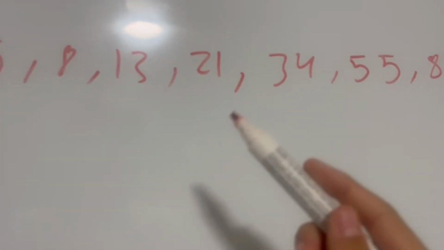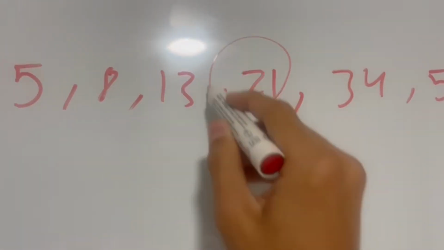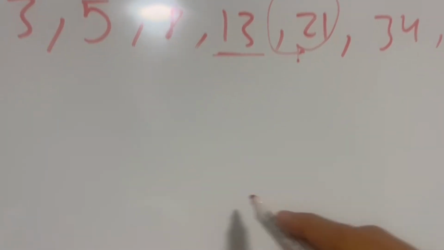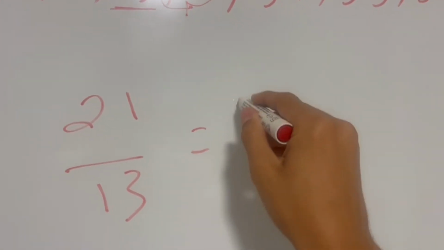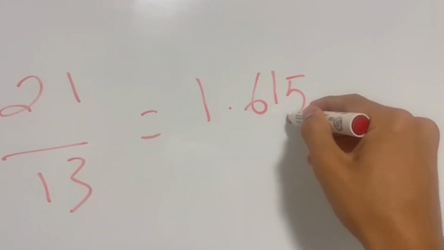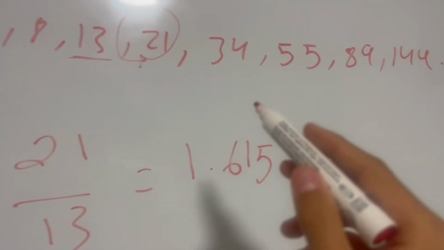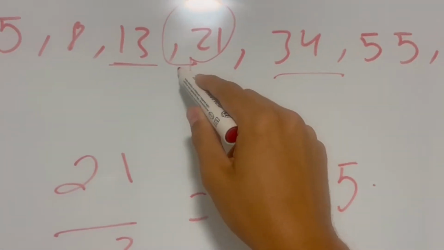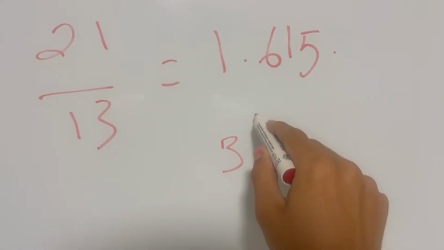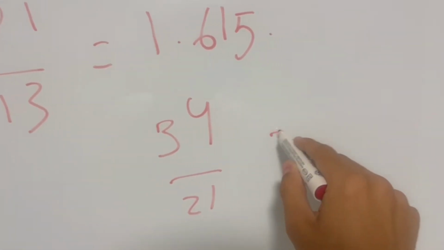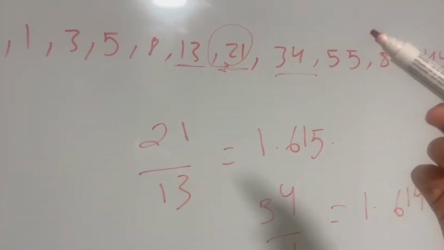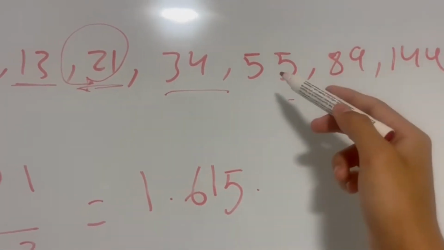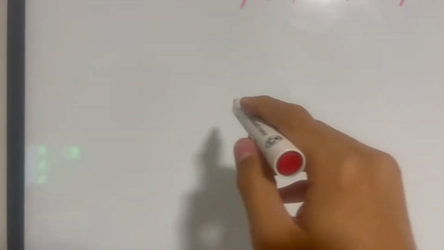But why is it so special? Let's say we get two numbers, 21 for example, and the one before it, 13. So we do 21 divided by 13, which equals 1.615. And then if we get 34 and we divide it by 21, we get 1.619. If we keep doing this operation, getting one number and dividing it by the one before it, we'll approach